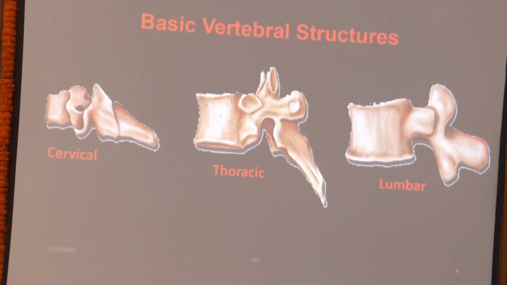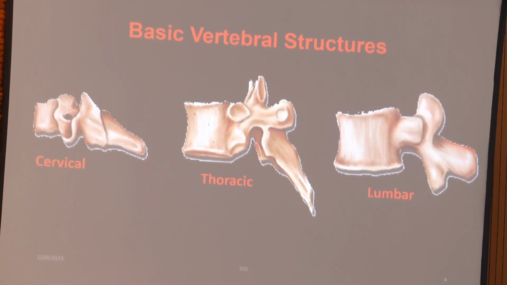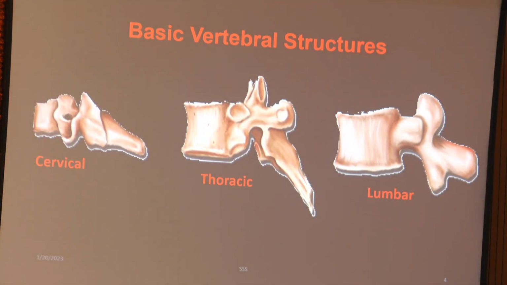This is the basic vertebral structure. You see the cervical spine here. Now you compare the cervical vertebral body, the thoracic vertebral body, and the lumbar vertebral body. You compare the spinous process of all 3 vertebrae. You check for the facet which is there for the ribs in the thoracic vertebra. Check for the superior articular process and the inferior articular process in the lumbar and the thoracic vertebra. So these are the basic differentiating factors in all these 3 vertebrae.